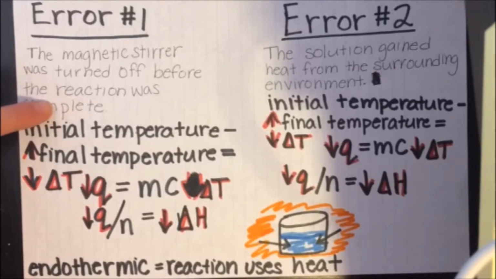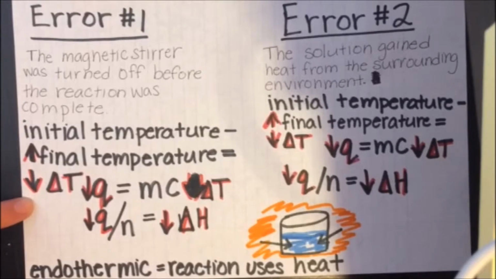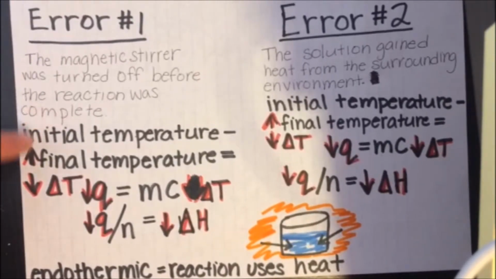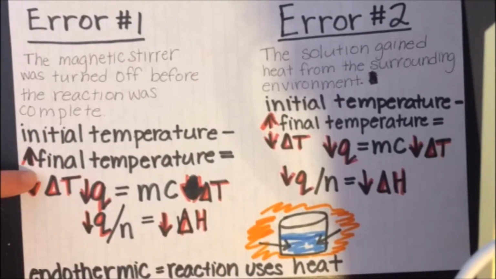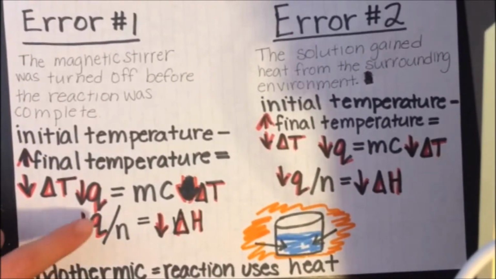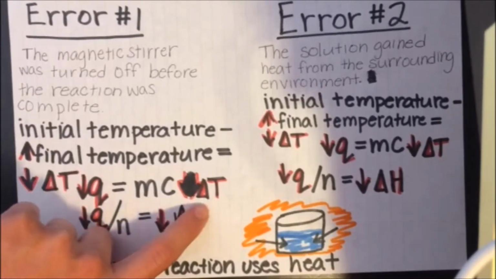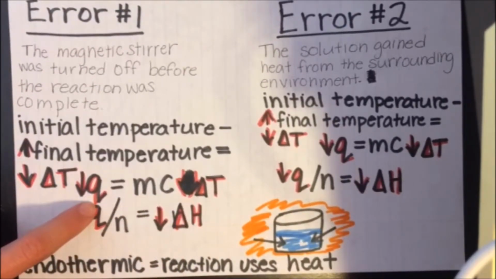If the reaction was not allowed to complete itself, less heat would be drawn from the water, and it would result in a raised final temperature of the water. When calculating change in temperature by initial temperature minus raised final temperature, you get a lowered change in temperature for the water. Then using the equation mass times specific heat times change in temperature equals energy,